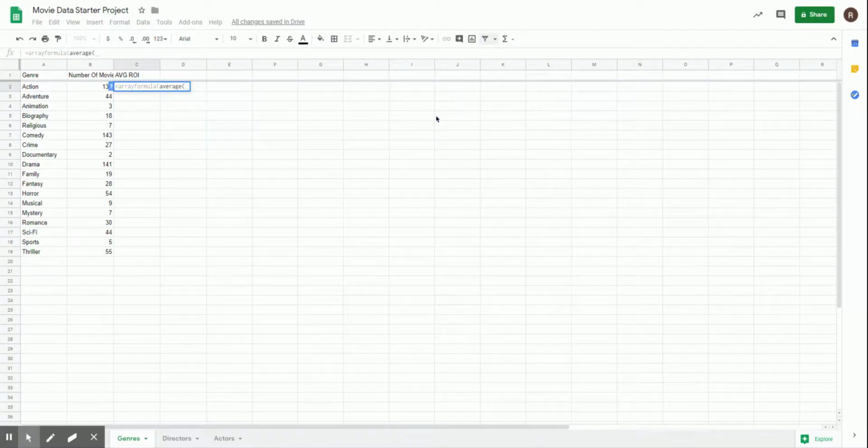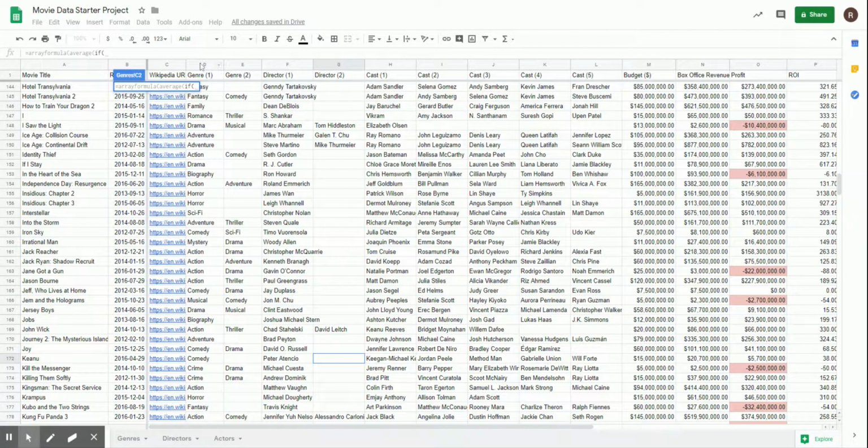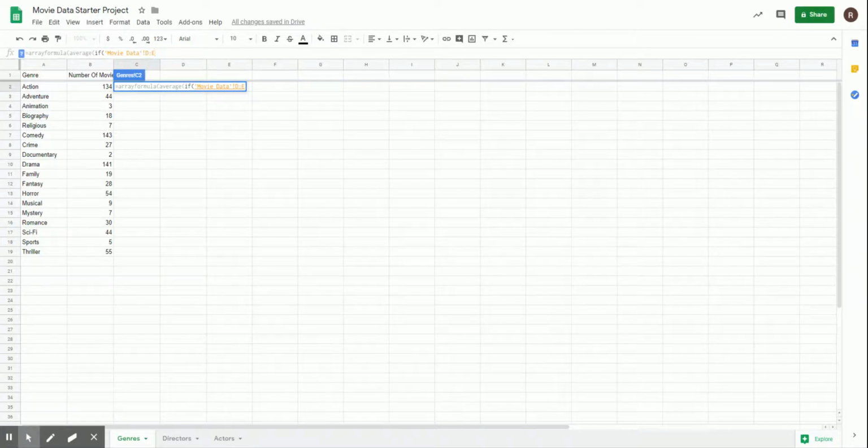Okay, and we are calculating the average of the data if, so we've got an if statement there as well. In this sense, we have the genre. So we're going to come back and say, as long as the genre, okay. Now, one mistake you might make is whilst you're doing this, you might flick back onto this. Sometimes that may actually remove that and assume you're trying to do it in this worksheet. So bear that in mind. We're going to say, as long as that is equal to A2,